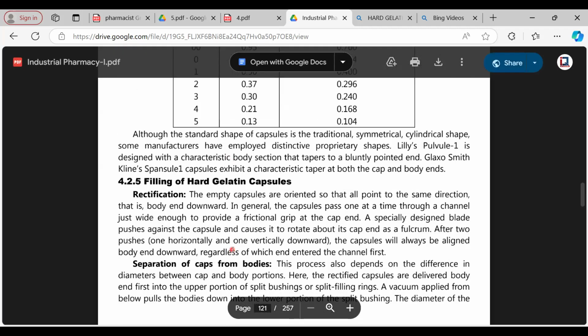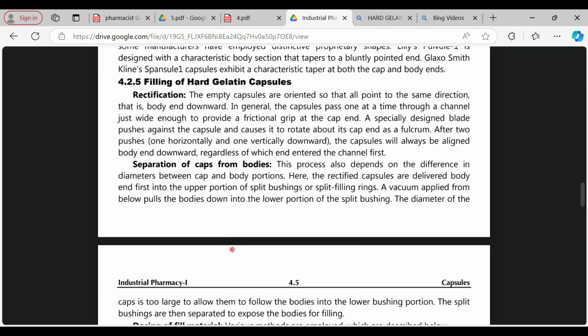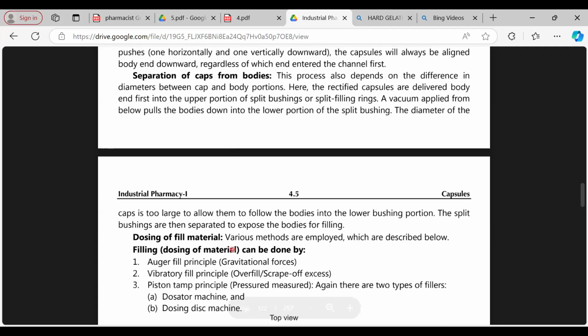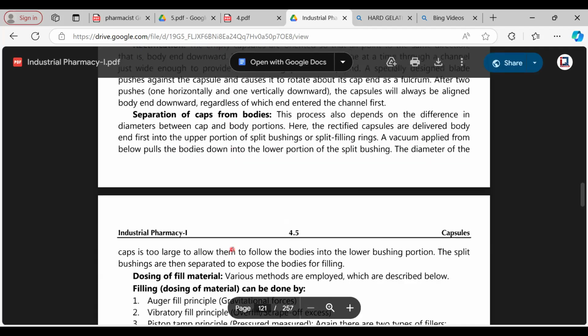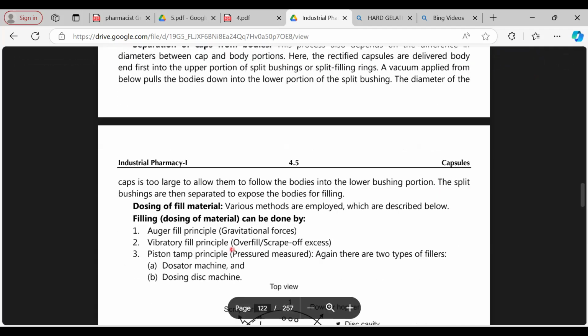Okay, then how are hard gelatin capsules filled? Generally, these capsules are bought from the companies, they are opened, and after opening